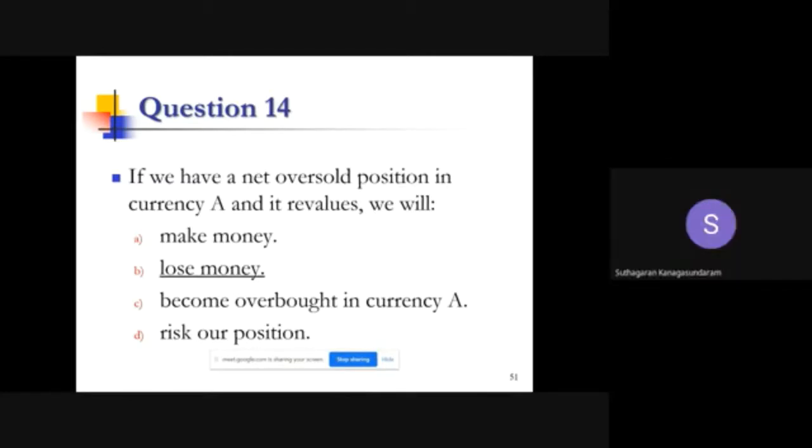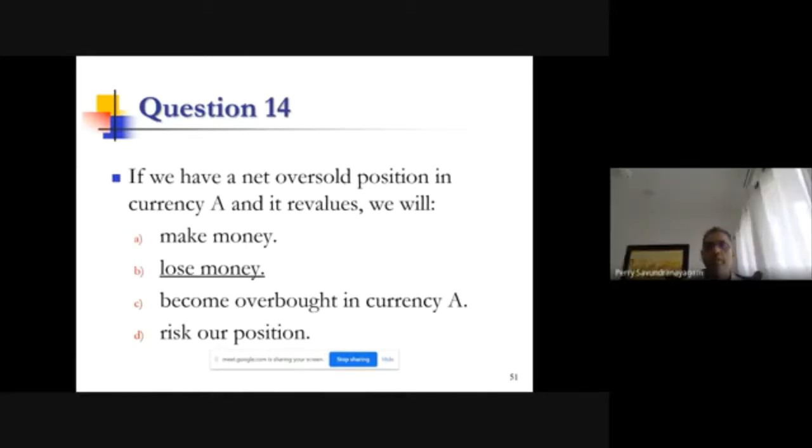Excuse me, can you just explain the currency A revalues? Does it mean the positive side or the negative side? So devalues means, for example, if A is dollars and B is rupees, when you say devalues, you mean that the rupee will devalue, for example. Yes. Revalues means it goes higher. So, for example, if A revalues, it means A basically goes higher.